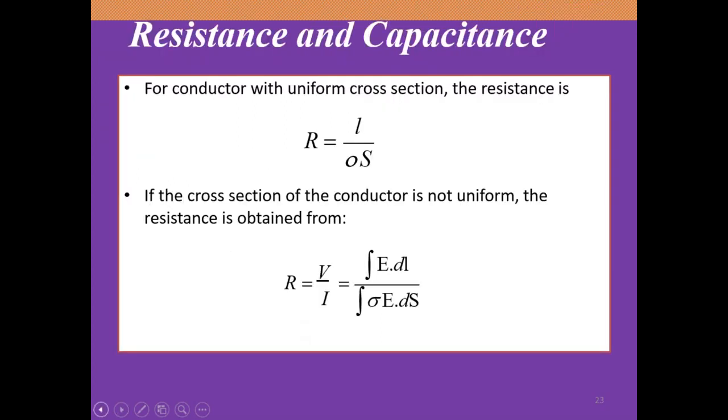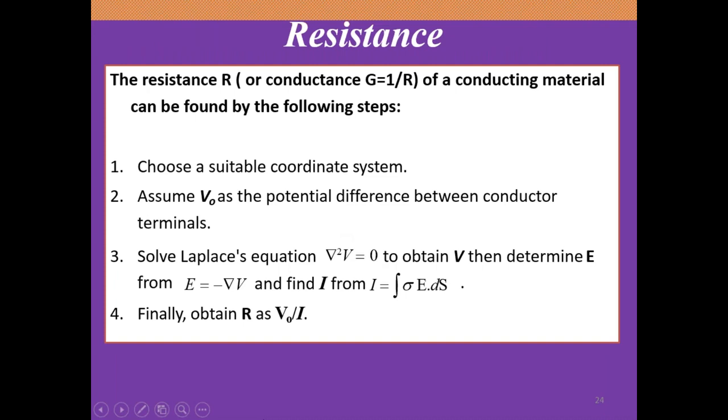Resistance and capacitance. For conductors with uniform cross section, the resistance is R equals L over sigma S. And if the cross section of the conductor is not uniform, resistance is obtained from R equals V over I, which is the integral of E dot dl over the integral of sigma E dot dS. The resistance R or conductance G equals 1 over R